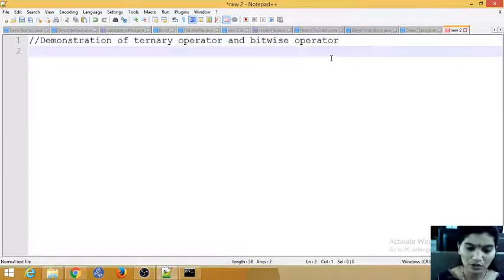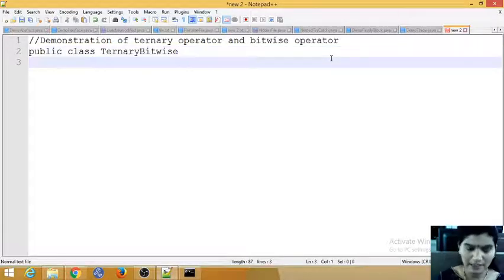Next, we'll create a class first, public class, and the class name is ternary bitwise. Okay, so we'll start with the class.